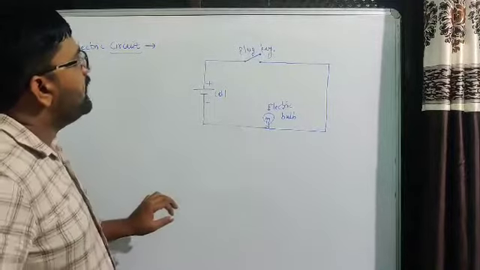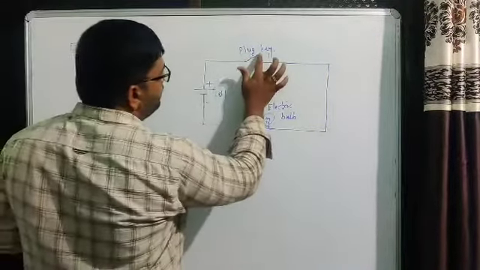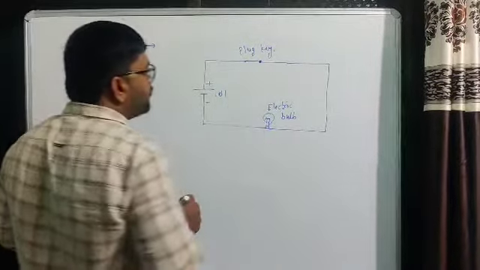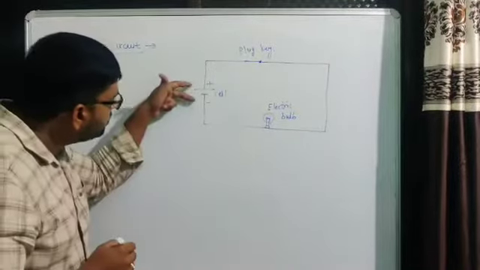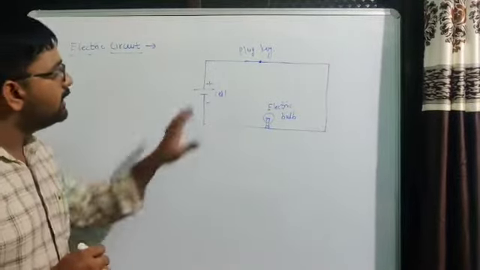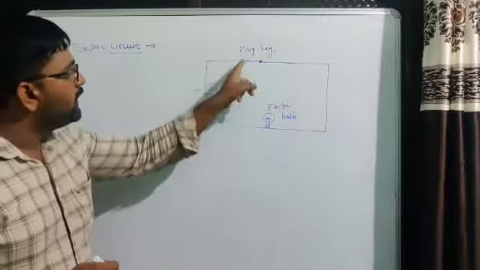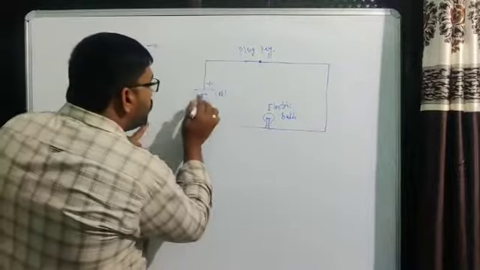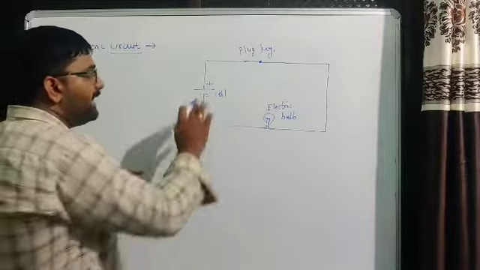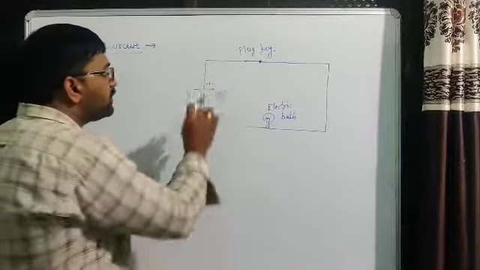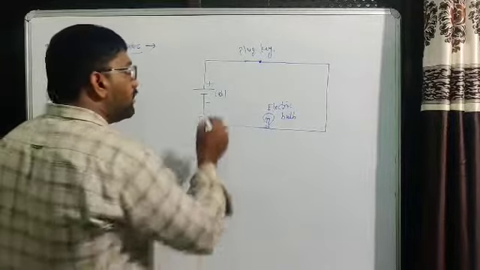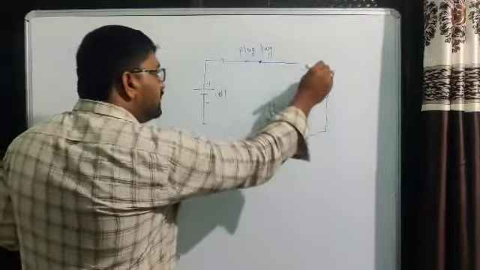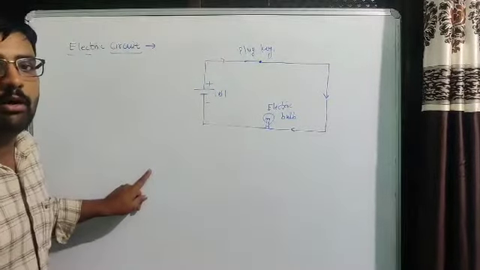So what happens as we close this key? This is the open key, and now we close it like this. This is the positive and negative terminal of a cell. Now this connection becomes proper as we connect this key. We know the potential difference is present here, and this is a metallic wire. Due to this potential difference, electric charges start to flow from the positive terminal of the battery to the negative terminal of the battery.